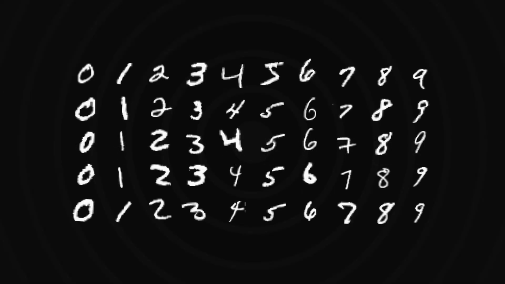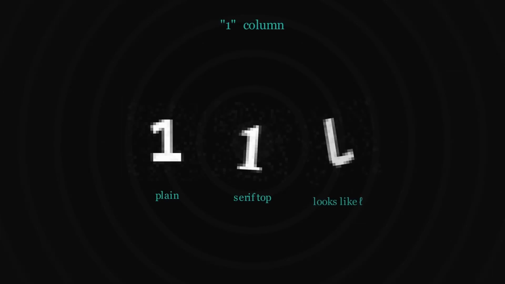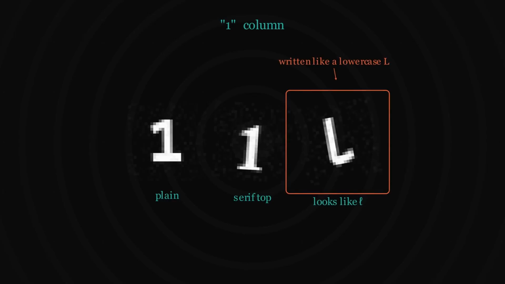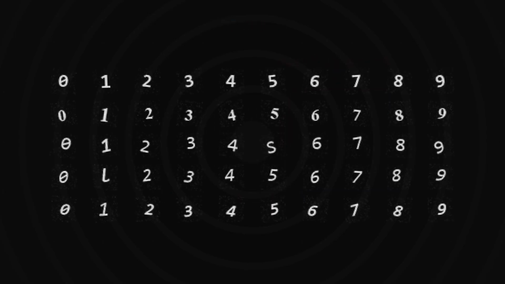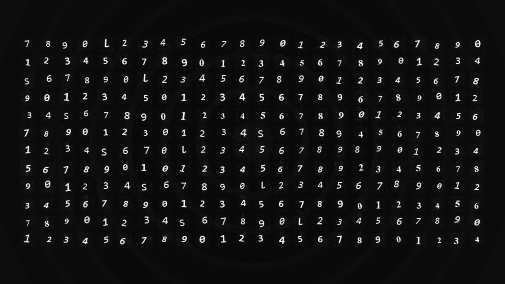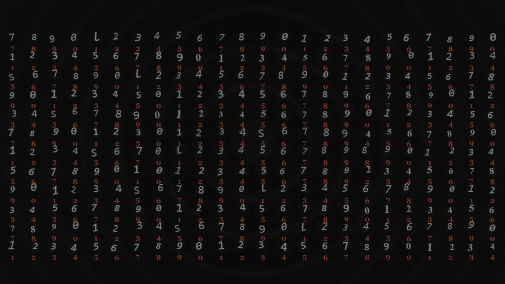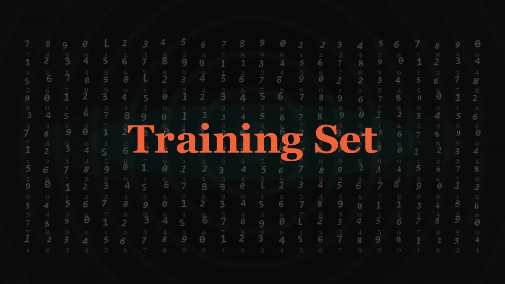Let's make this real with something classic. Handwritten digits, numbers 0 through 9, written by hand by thousands of different people. Some people write their 7s with a little crossbar. Some people's ones look like lowercase l's. Everyone's handwriting is slightly different. There's no single correct way a digit looks. So how do you build something that reads them anyway? You collect a giant data set, tens of thousands of handwritten digit images, each one labeled with the correct number. This collection is called the training set.